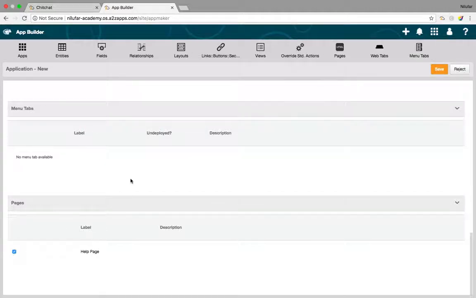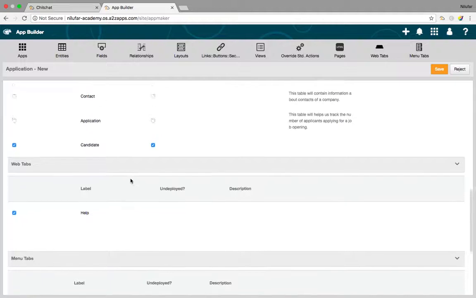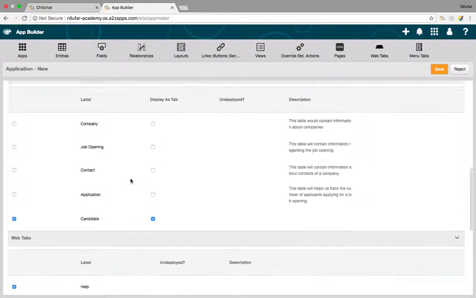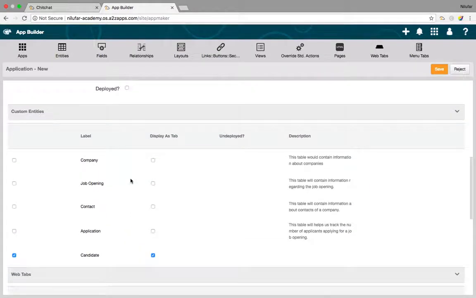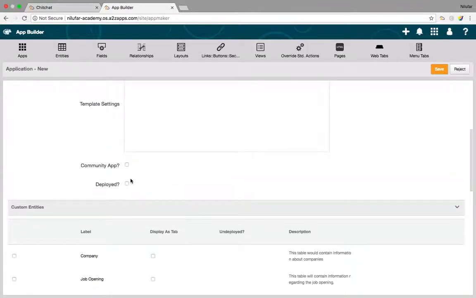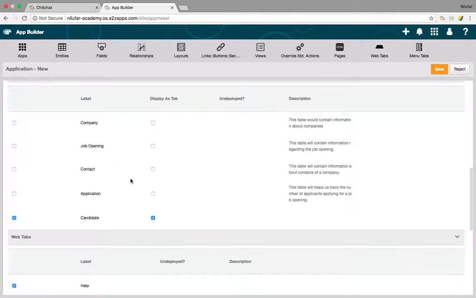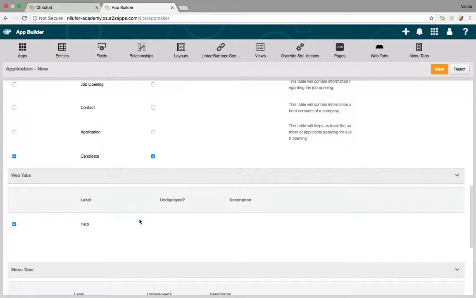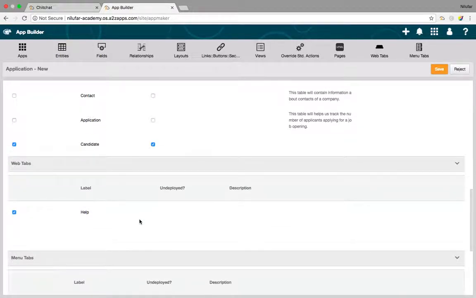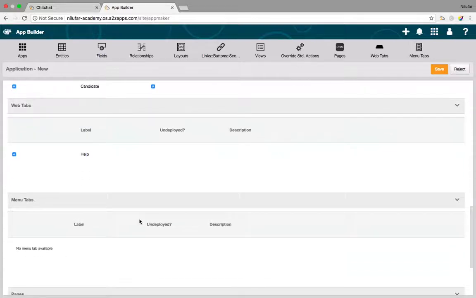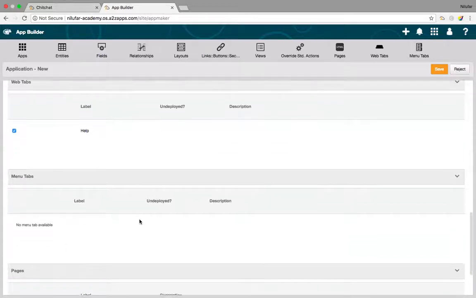All right. So what I've done, friends, I'll just quickly recap it. I have created an app, and the name of the app is candidate tracking. In that app, I am creating two types of menu. One is the entity type menu where the app menu is linked to an entity, and another is a custom page where my app menu is linked to a custom page called help page.